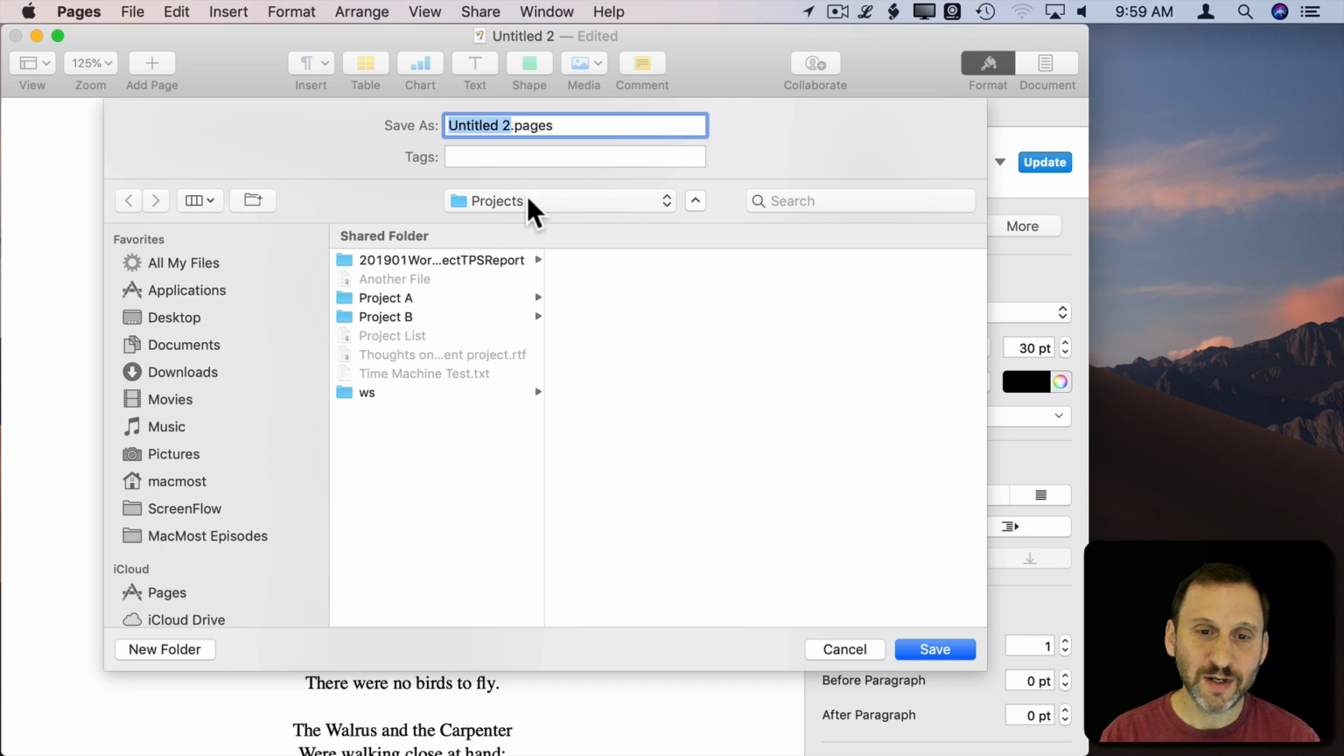You also have the ability to create a new folder. There's a new folder button here and a new folder button here. There's two of them. So you can create a new folder right here while saving the file instead of having to go to the Finder in the middle of doing this to create a new folder to put it in. So it's a nice thing not to have to leave this interface to go to another one